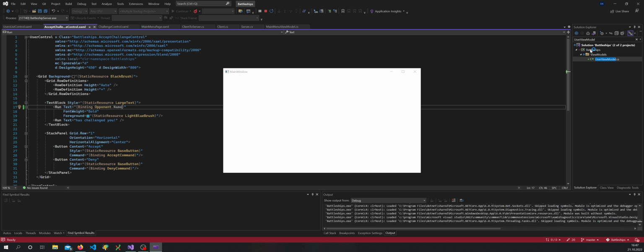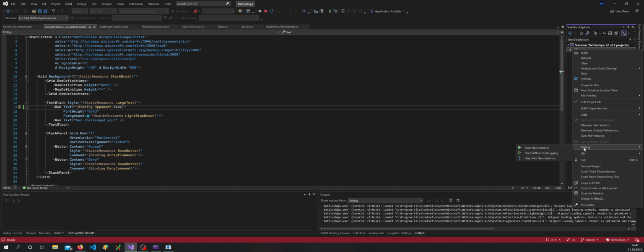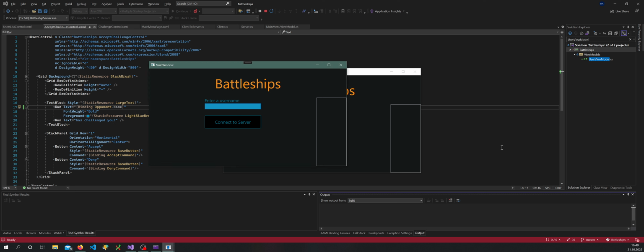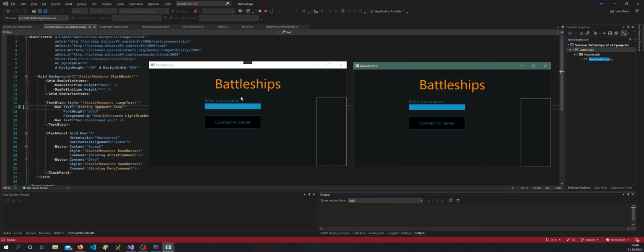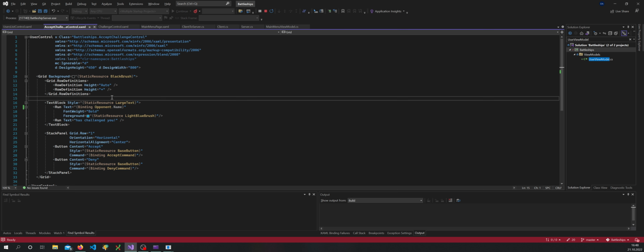Let's see if we can get this thing going. Alright, let's pop up another window here. Say, hey, debug, start without debugging. There's the second one. So test. Great. Okay, so yeah, sorry, not working. Gonna have to figure out what I broke while I was writing all this here. But yeah, next time we'll definitely fix this error. Maybe some of you already saw what I did wrong here, but next time we'll come back, fix the error,